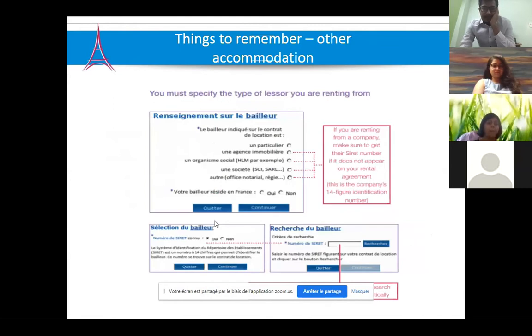If you are renting an apartment or a studio directly from a proprietor, or via an agency, they will ask you for some pieces of information. First of all, what kind of accommodation is it? Whether it is from a particulier, that means an individual, or from an agency, or from social aid agencies, etc., because they have that as well, whether it is directly or through some other party. Now, if you are renting from an agency,